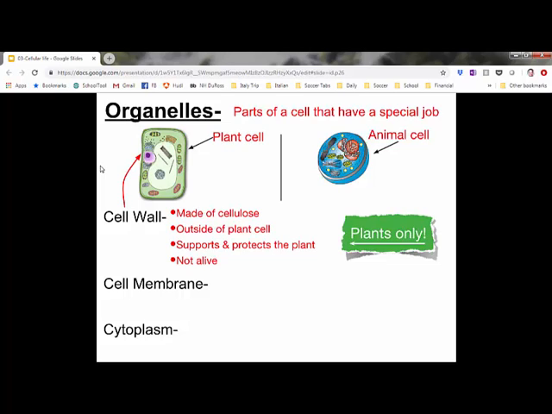So the next layer, just inside of the cell wall in a plant cell, or the outermost layer of the animal cell, is a living part, and that's called the cell membrane. Okay, so the cell membrane is a thin layer that's around the outside, and it's really important because it does several things. It determines what material can enter the cell and what cannot. It's the boundary between the living cell and the outer portions that are not part of the cell. It helps cells communicate with each other. It does a lot of different